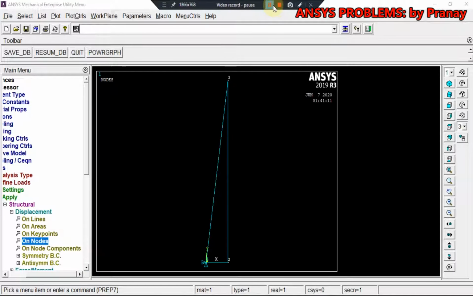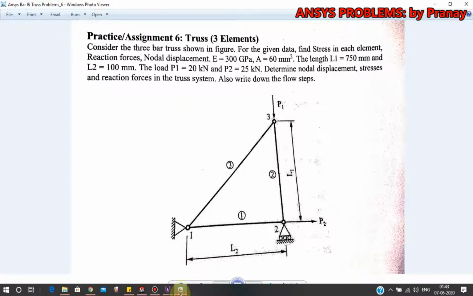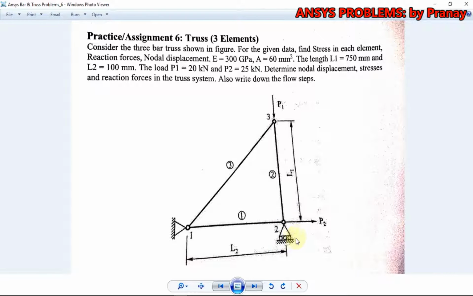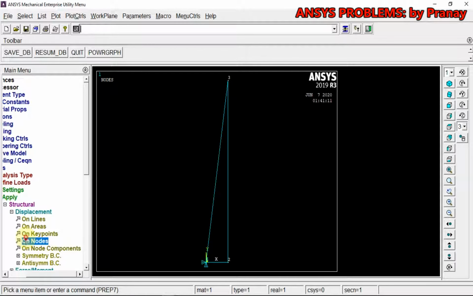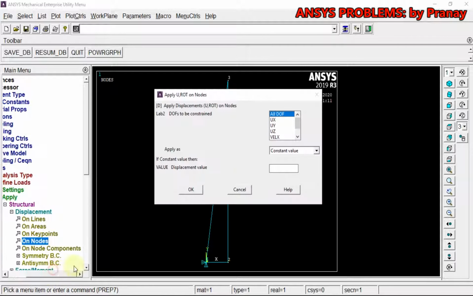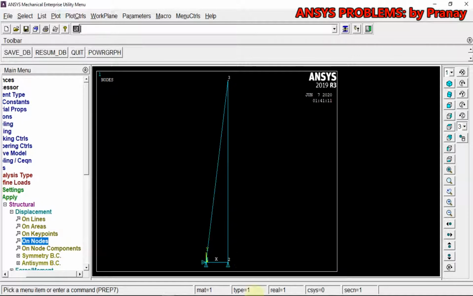The second node is only constrained in y direction, so displacement on node second, apply y direction. You have to uncheck all DOF. Okay, so this is what we get.